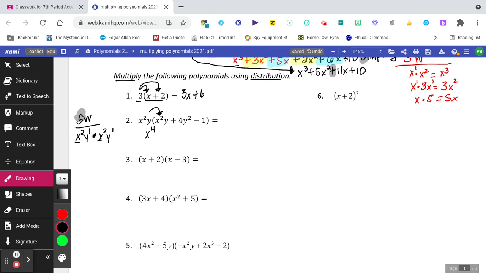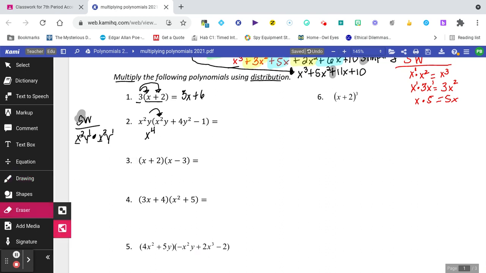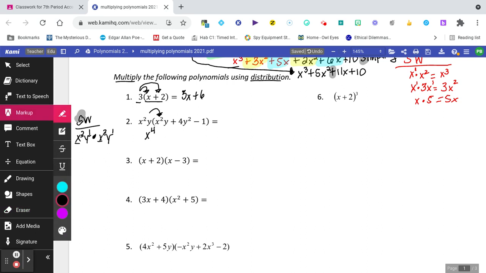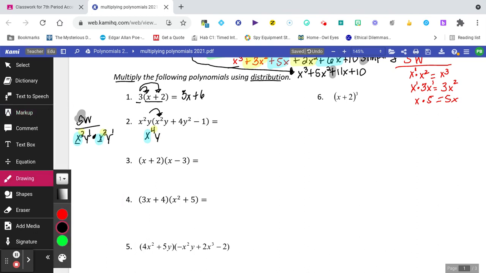This is not like finding a degree. Some of you may refer back to trying to find a degree where you add the exponents like 2 plus 1 and 2 plus 1, and you get x to the 6th power. Don't do that. You're not finding a degree. You're only matching those. So you put 1x, and add the exponents for those x's. 2 plus 2 is 4. And then you're going to put your y next to it because they match together. And 1 plus 1 for the y's is 2. So x squared y times x squared y equals x to the 4th